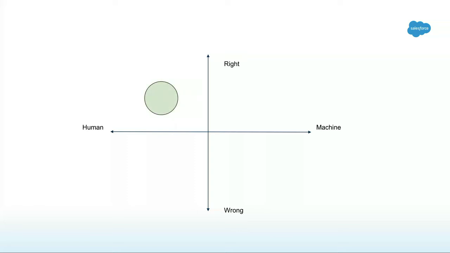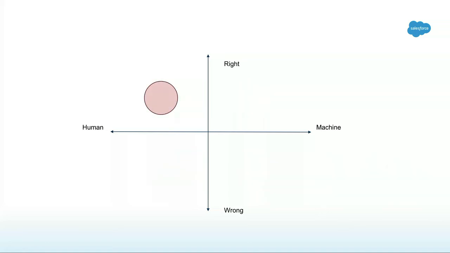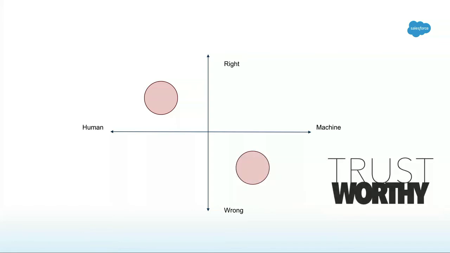For example, if in the areas of the input space where the humans are right, the machine is also right, and in the areas of the input space where the humans are wrong, the machine is wrong, it can be argued that the model is trustworthy. And the reason being, there is no apparent cost of relinquishing control to the machine learning model. However, on the contrary, if in the areas of the input space where humans are right, you guessed it, the machine starts making a mistake, we can say that the model is not trustworthy, because I would be very worried in giving control to the machine learning application, and I would like to continue supervision over that machine learning algorithm.